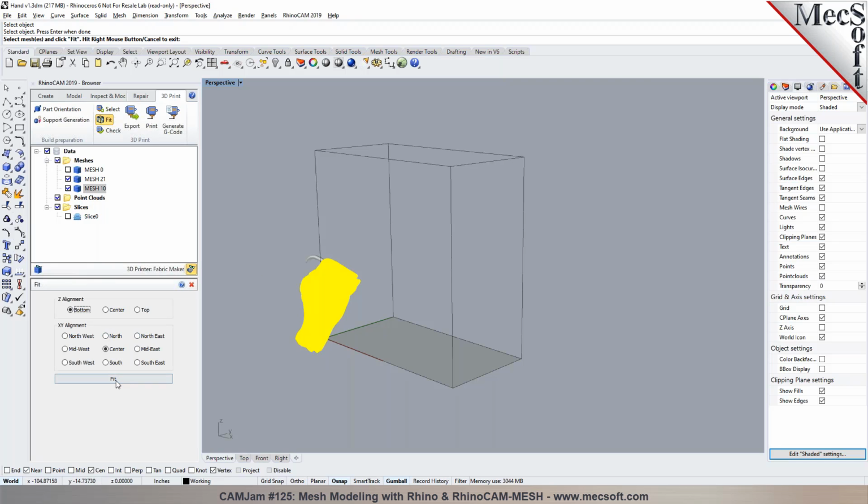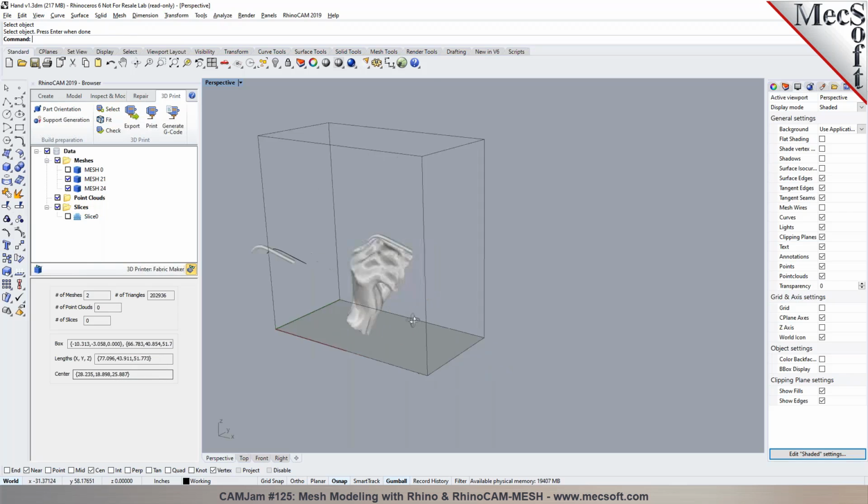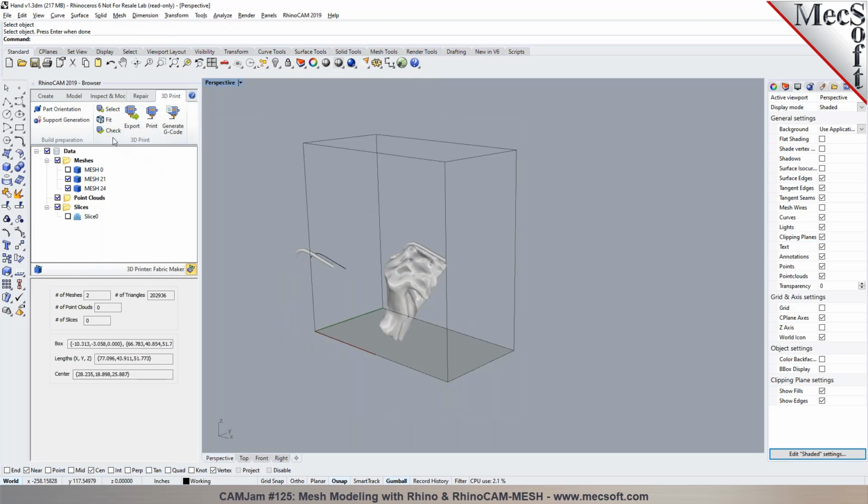It'll give you the option. I can say put it to bottom center. So it'll give you the model right there. Okay, so when you have